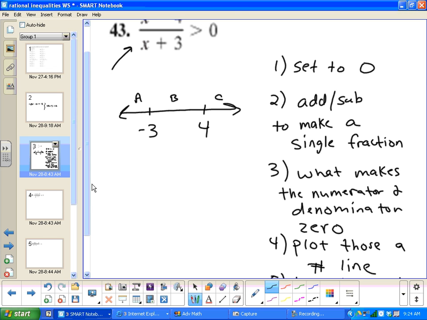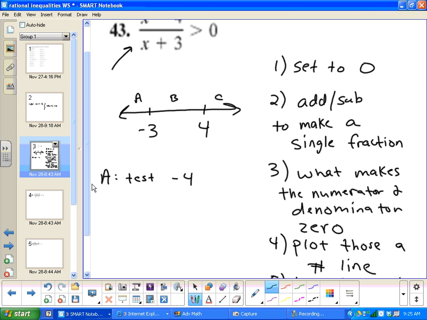Okay? Now, what I do to figure out if those intervals are part of the solution to the inequality is I test a value in that interval. Okay, so what would be a value that I can do in interval A? What would be a number over there? -4, right? Would -4 be in that interval? -2 would be in interval B, wouldn't it? Okay, so I'm going to test here